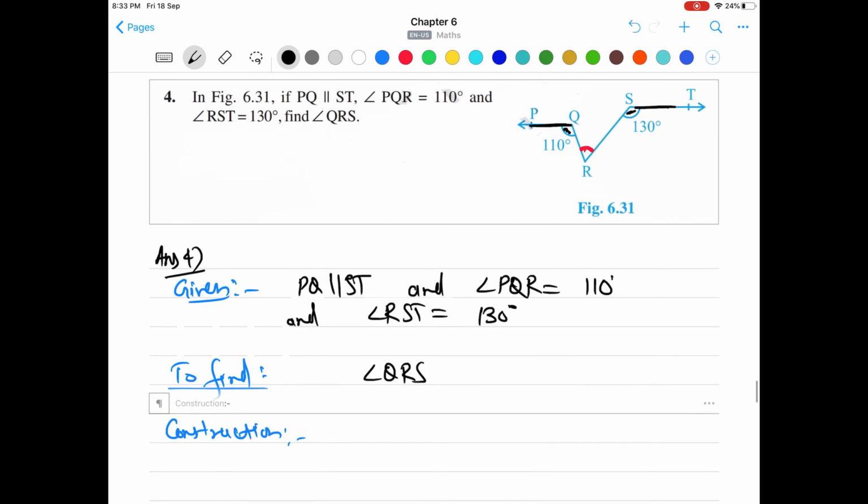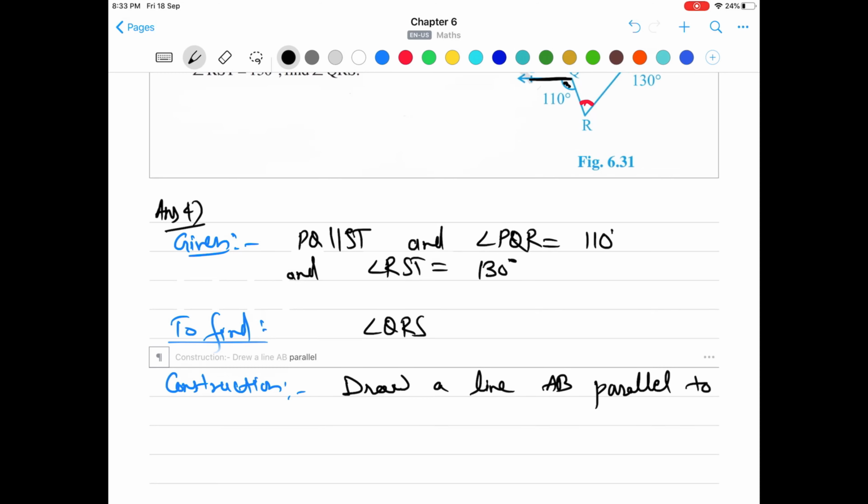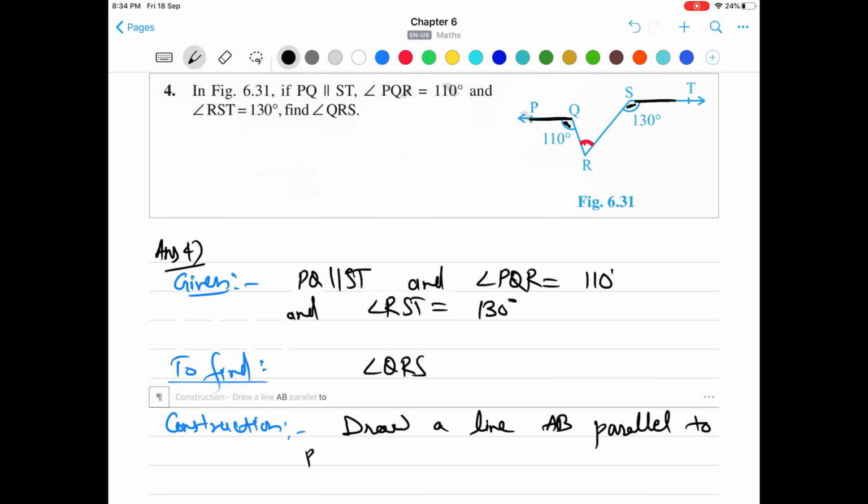Construction is draw a line, let's give that a name AB, parallel to PQ and ST